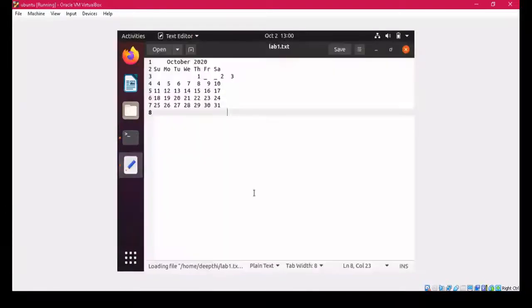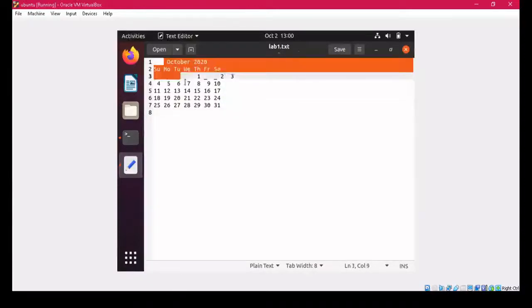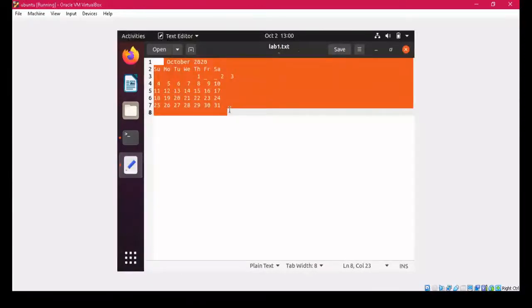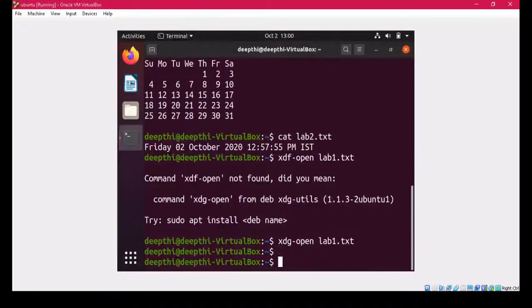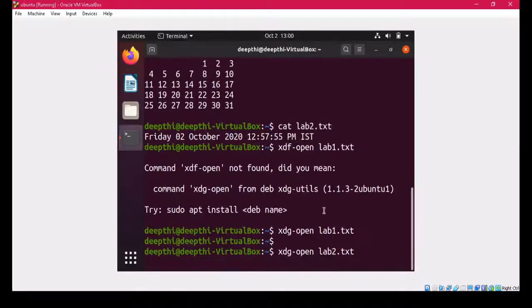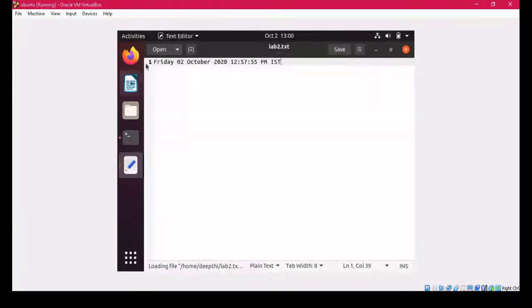Now you can see that the file is open, and in lab1.txt, the notepad file, you can see the calendar of the current month. I close this, and after that I again check it for lab2, and now the notepad file opens, and you can see that the current date, 2nd October 2020, and that today is Friday, is being displayed with the time.